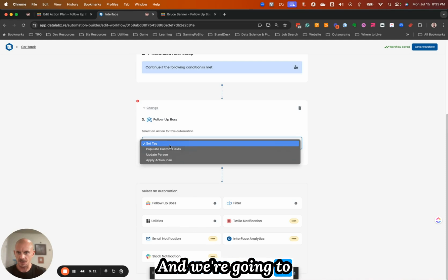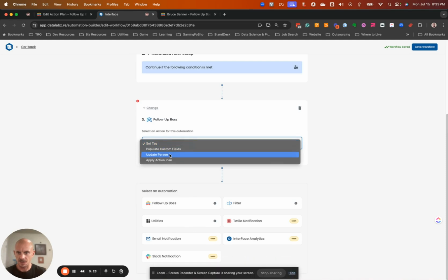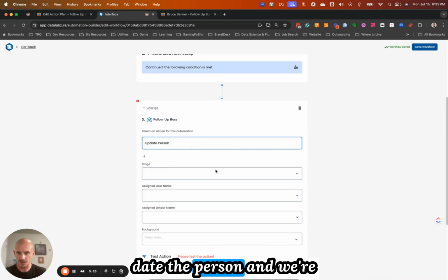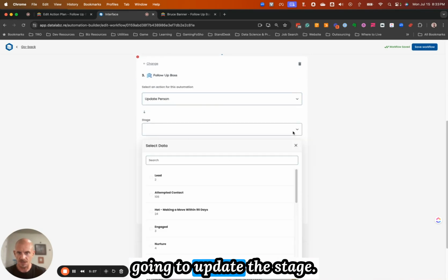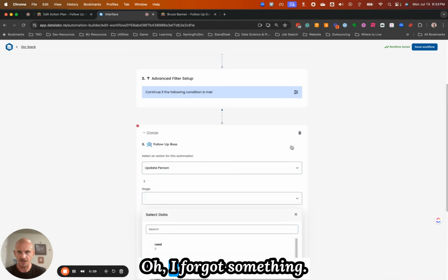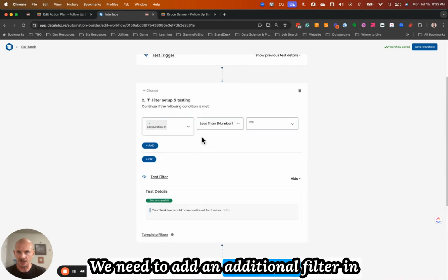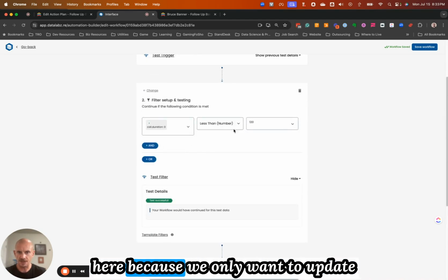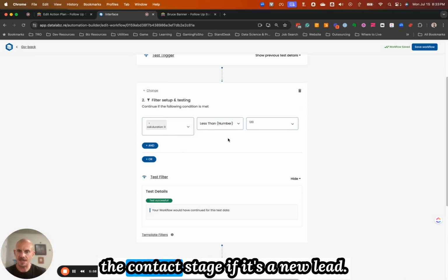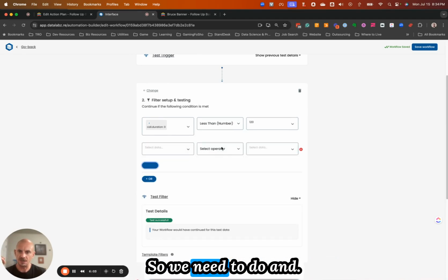And we're going to update the person, and we're going to update the stage. Oh, I forgot something. We need to add an additional filter in here because we only want to update the contact stage if it's a new lead. So we need to do and